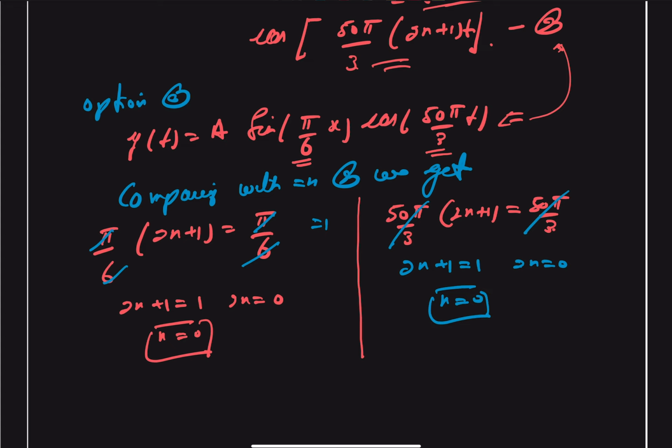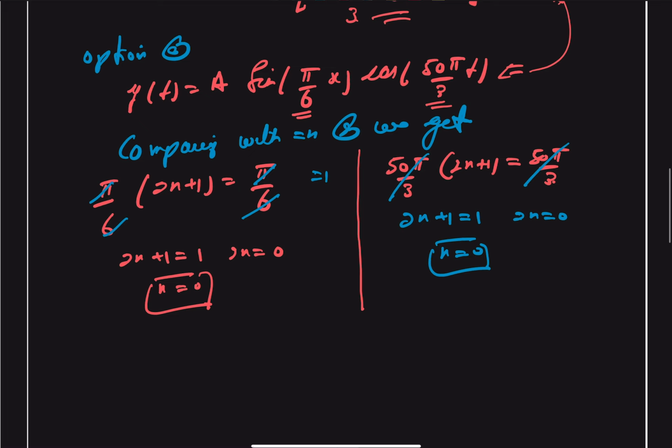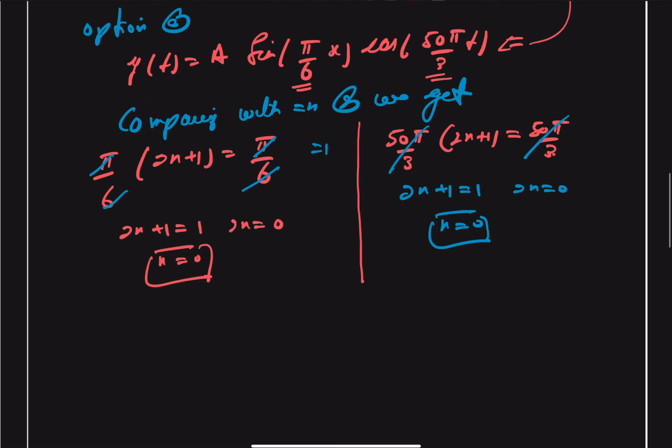So this is our natural number. Okay, so we can say this value is possible,